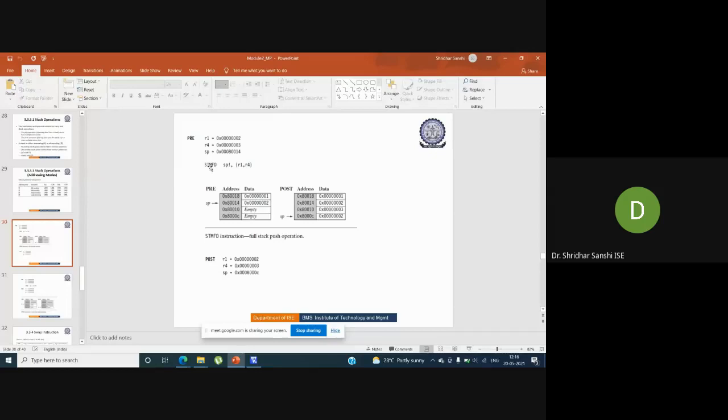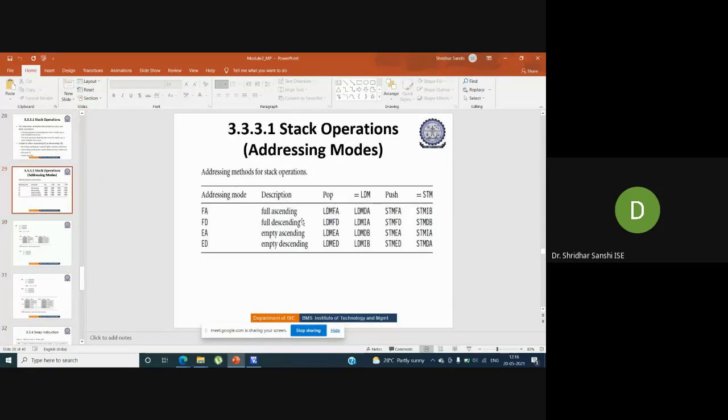What type of stack is it? It is a full descending stack. So for full descending, we need to use LDMFD for pop, and for push we need to use STMFD.